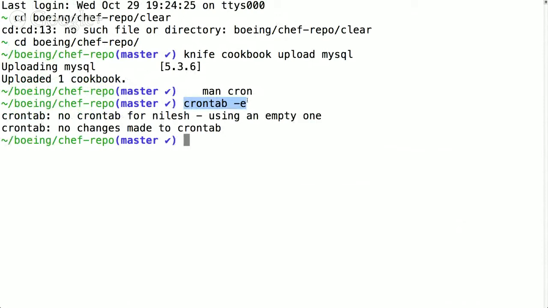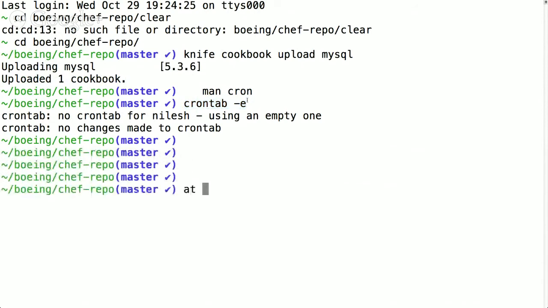Is it pre-installed on every single machine? Cron is on any Linux machine, any Mac. If you're dealing with Windows machines, there is an alternative command called AT. And this AT command in Windows does the same thing. So it goes by this time, do this. So it's repeatable, also in Windows.